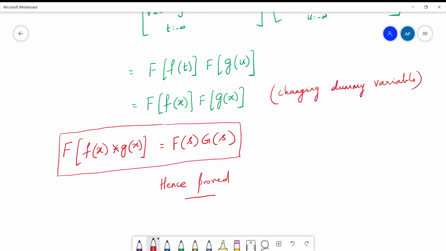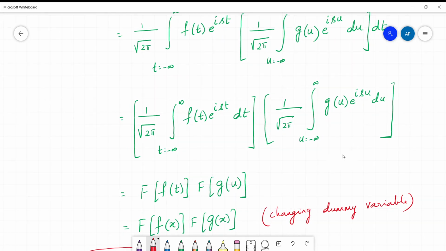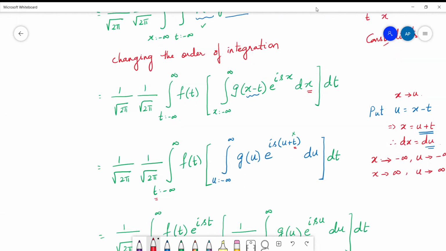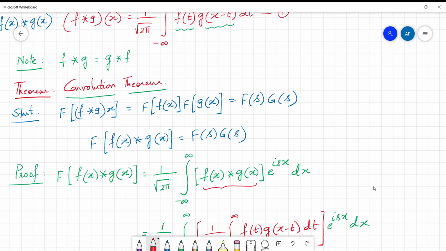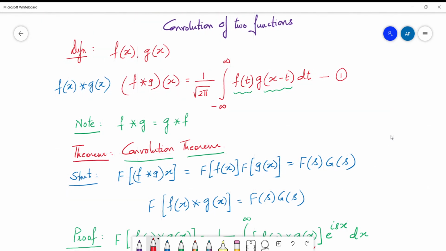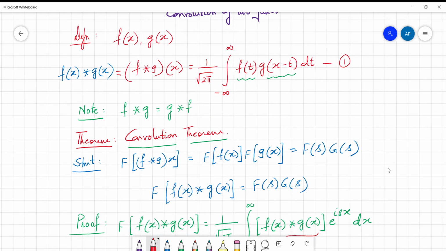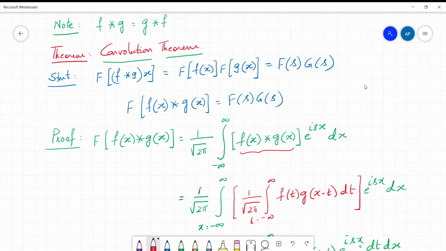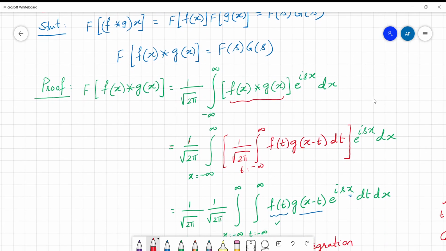So let's go back as a summary and see what all we have done in this video and then conclude it. We started by understanding the definition of convolution of two functions, defining it in terms of f of x star g of x, or f star g of x, in this manner, we called it 1. And we said that the convolution operation satisfies the commutative law. And then we stated the convolution theorem as the Fourier transform of the convolution is equal to the product of the respective Fourier transforms. So we started by writing the Fourier transform of the convolution, substituted the definition there, then